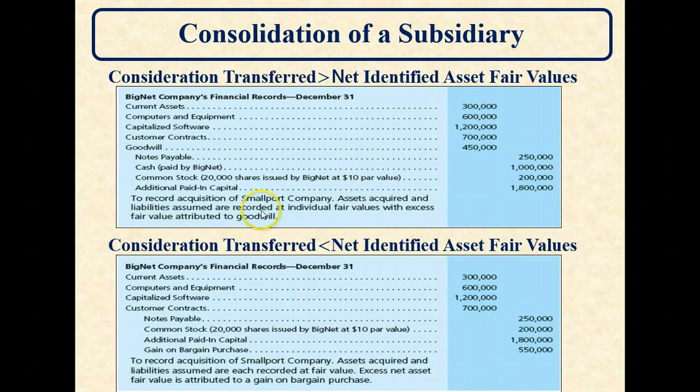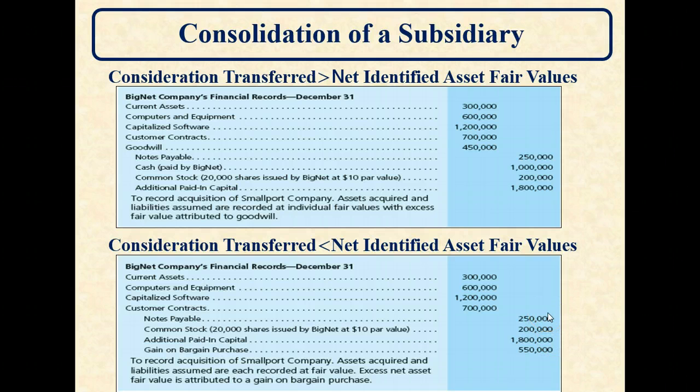Here's an example where we paid less than the fair value of the assets. Here we paid $2 million, no cash, just $2 million of stock to purchase this company. So we show the fair value of all these assets, taking into account the note we assumed. But when all is said and done, the fair value of the assets is a lot more than what we paid for the